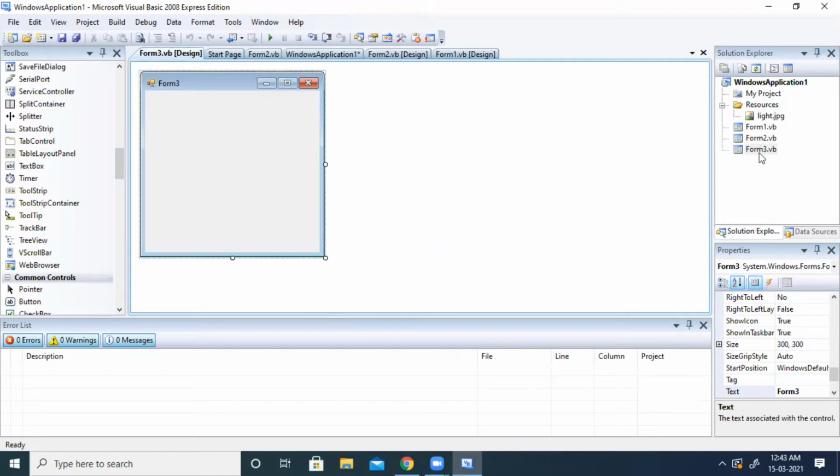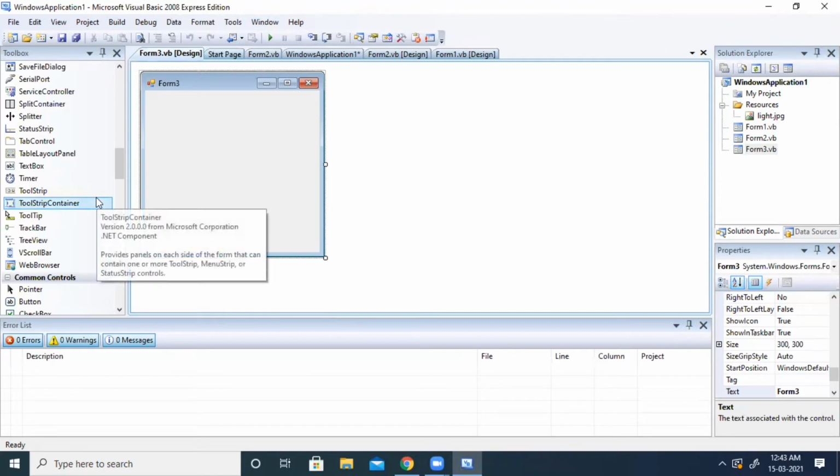Okay. So let me do a small program by taking some control here and taking the variable also. For that, what I am doing is I am taking a button and I am going to take 3 text boxes. So first let us take 3 text boxes here.